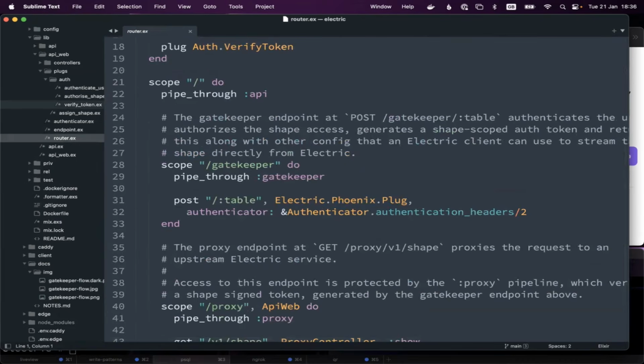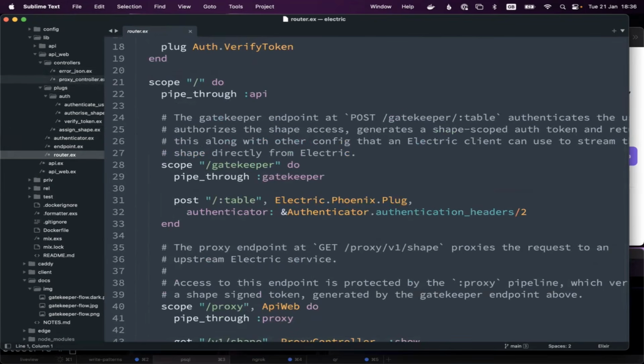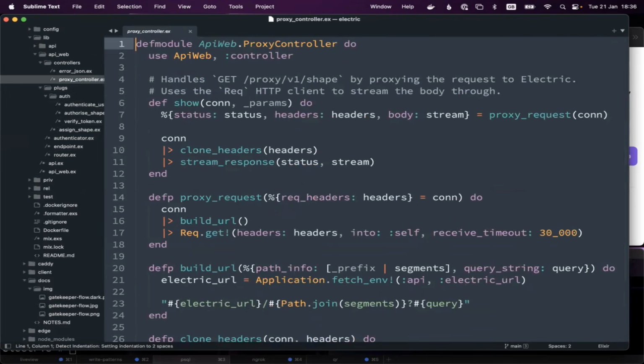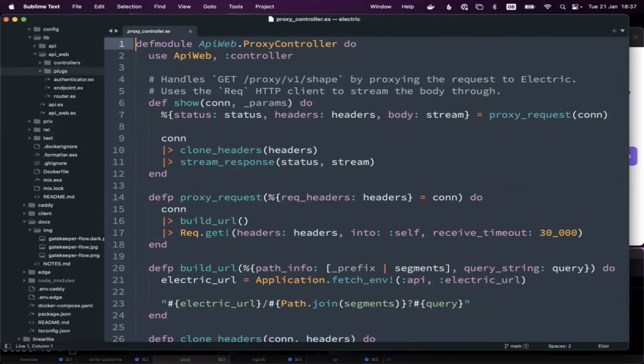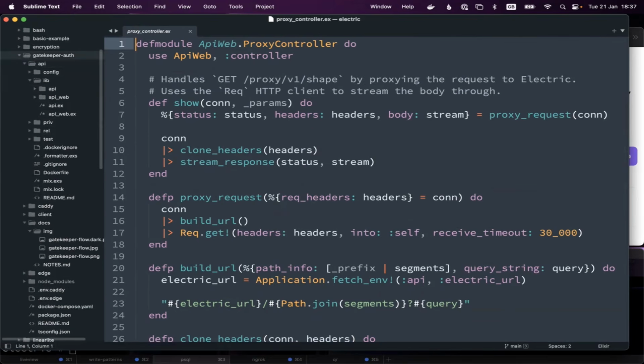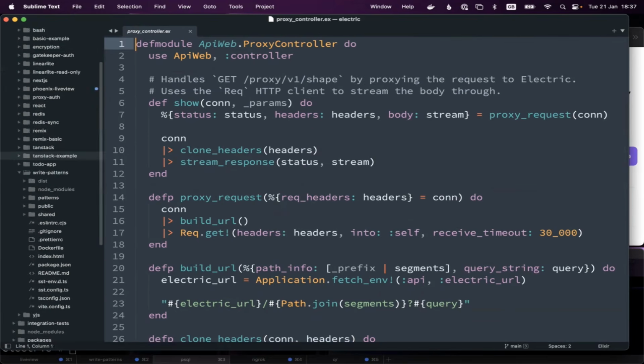And in addition, if you imagine that you wanted to handle writes in the same application, it would be very, very easy for you to just expose APIs alongside this within your application, just as you normally would, right? Here's the actual proxy controller implementation, but you could easily have a write controller and you'd just be able to use the same middleware to authorize writes. So I just wanted to jump into that code to give you another context of how to do that sort of authorization pattern.